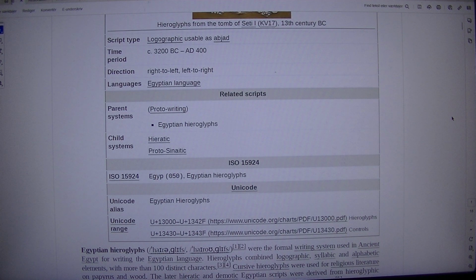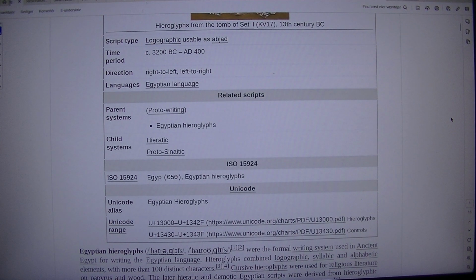Parent systems: proto-writing, Egyptian hieroglyphs. Child systems: Hieratic, Proto-Semitic. ISO 15924: Egyp, 050, Egyptian hieroglyphs. Unicode alias: Egyptian Hieroglyphs. Unicode range: